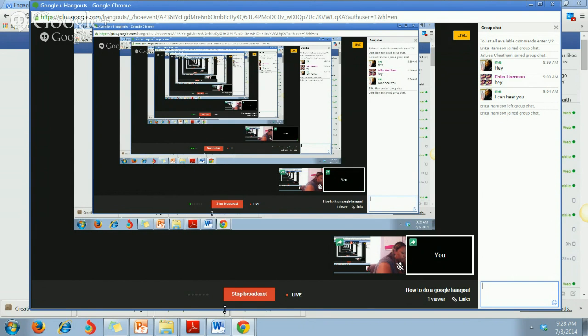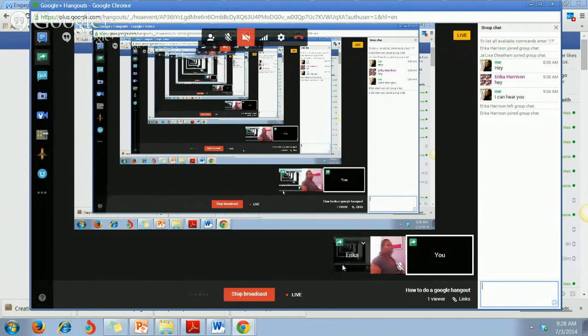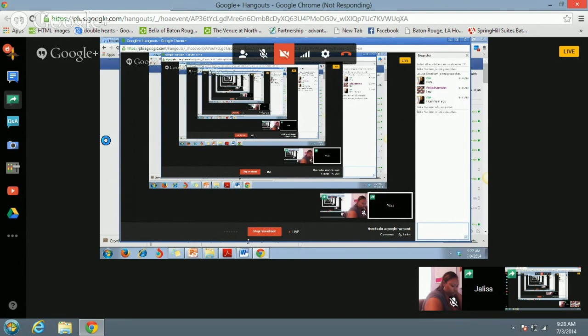Okay, so I can see your screen now, and if I click on it, now I'm able to see what you're doing. Oh, okay. So now you see what I'm doing. That's how you screen share. And if you go back and just click the green button again,